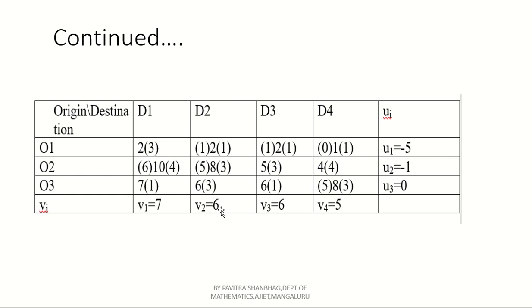Next, 6 minus 1. 6 minus 1 means 5. Write that to the left hand side of this value. Then remaining is what? 3. 8 minus 5 is 3. Now the rest are all already occupied, no need to touch them.